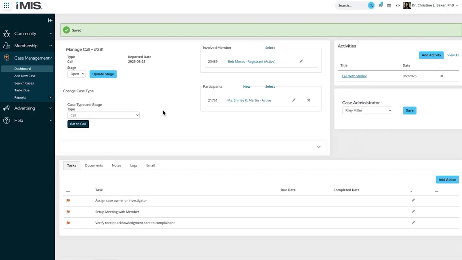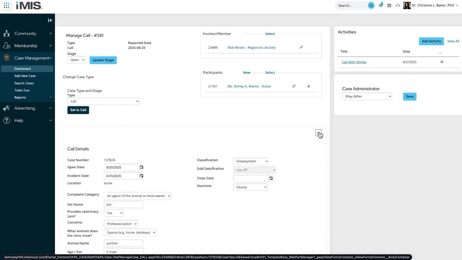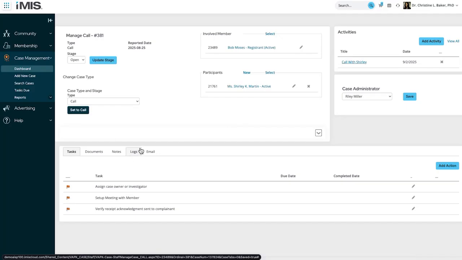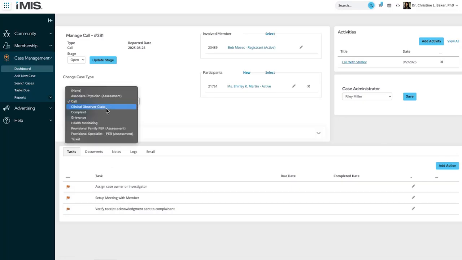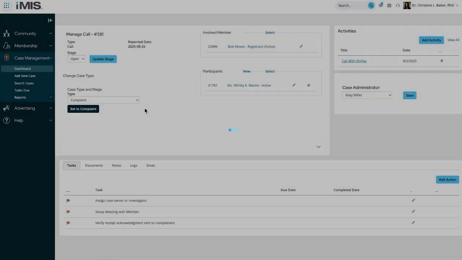And let's move over to our last step here where we can identify the case type. Because I've noted that this is a call, we don't have many details down here. I can access the form to see what the details were of the form that were submitted. I can also see these as the opening tasks for this case. But if we flip it over to another, let's say this is a complaint. As soon as I set this form to a complaint type,